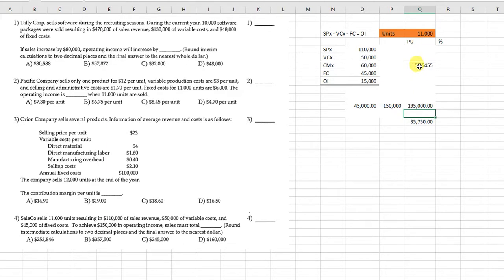So notice I do my 60,000 divided by 11,000, so I get 5.45455. The problem tells us that I round my intermediate calculation to 2 decimals, so not that you couldn't just figure out which one is closest to it, but I will do that. So I need right here 5.45. Okay. And so now I do fixed cost plus target profit divided by contribution margin per unit, and I have